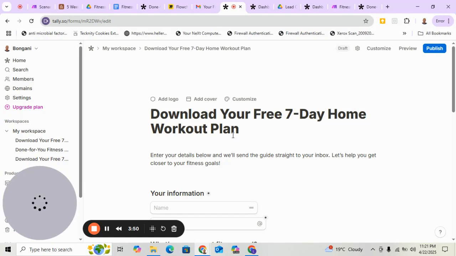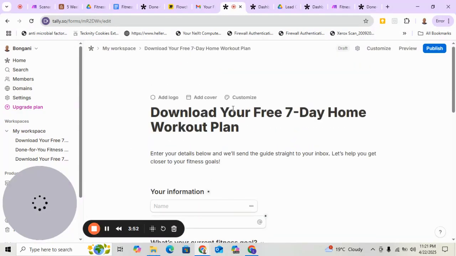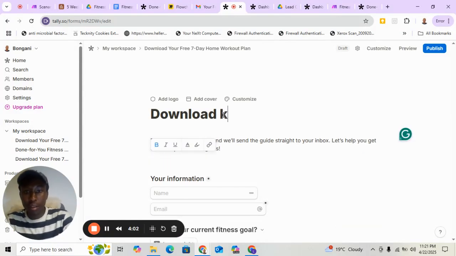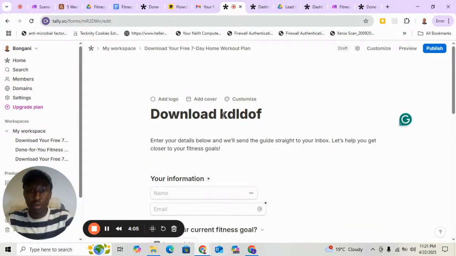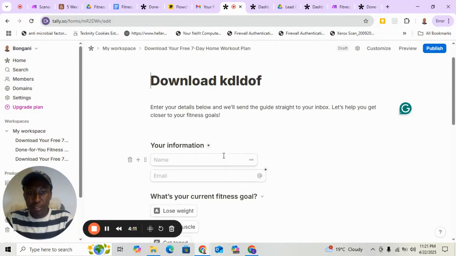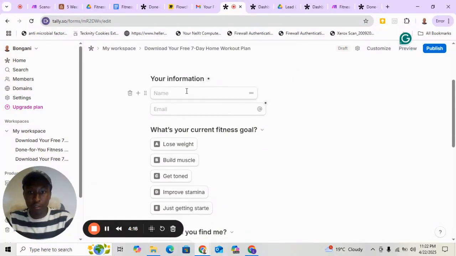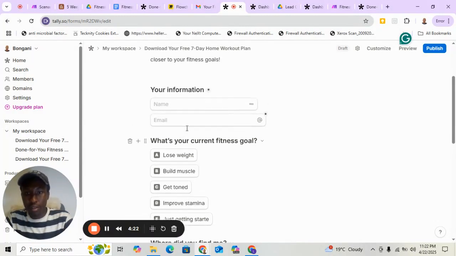Okay, so what you will do from here is customize this depending on what your freebie is. You'd want to edit there depending on what your freebie is, so you can come there and type whatever your freebie is. So we'll just maybe leave it like that. Depending on what you want, you can modify this however you want. Here we're only asking for the name and email address. Maybe if you wanted to add a phone number, you could do that, but we'll just continue as it is right now. So how you'd add something is,